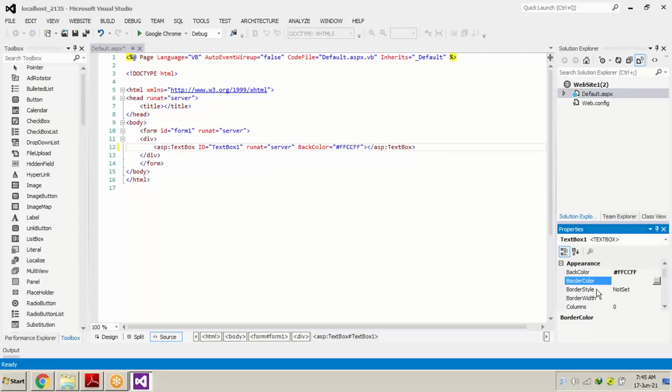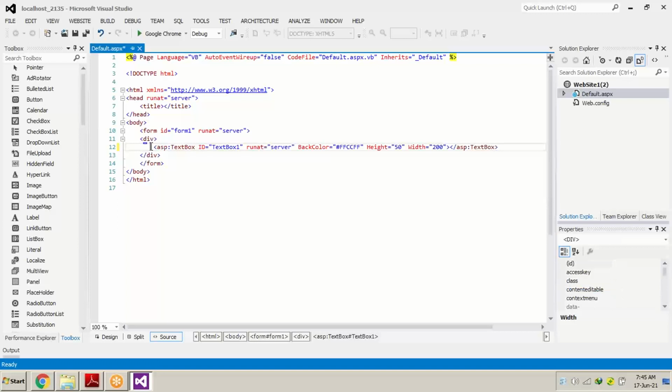You can change the border color also, you can change the border style of this particular text box, and you can change the height and width also. If I say the height should be 50 and the width should be 200, as you press enter, just see the HTML code of the text box.